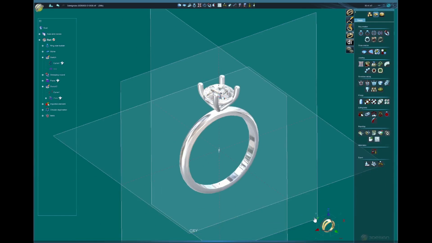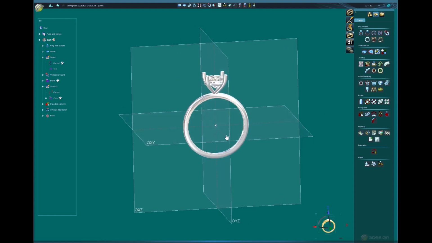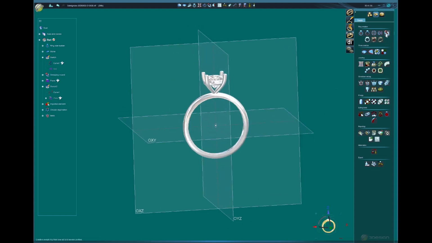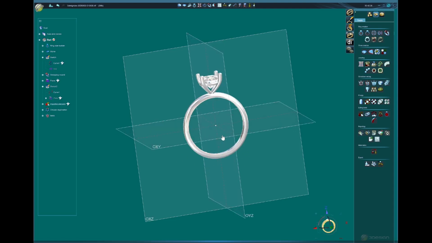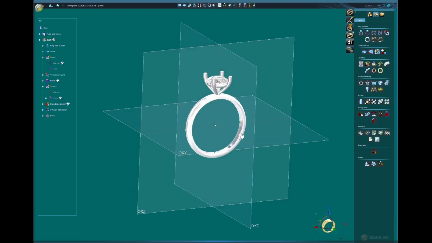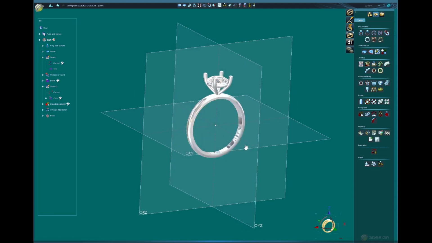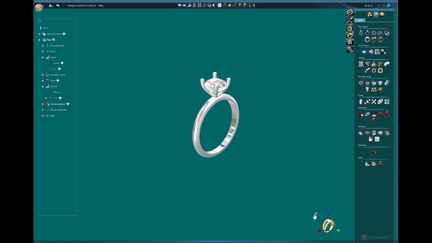We have the ring. So as you see, it's a simple ring, but you learned a lot of tools. You learned sweeping twice. You learned the belts, how to do the prongs, everything, the shapes. Let's hide this. So for me, when I finish the design, that will be the design finished. If that was an order from a client, I would hide this, and then I'll send my client